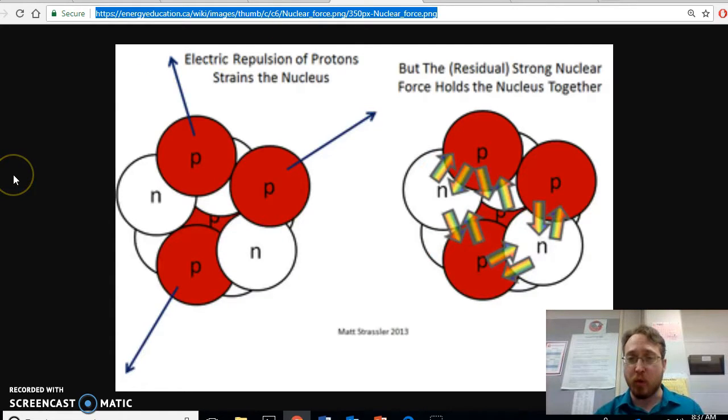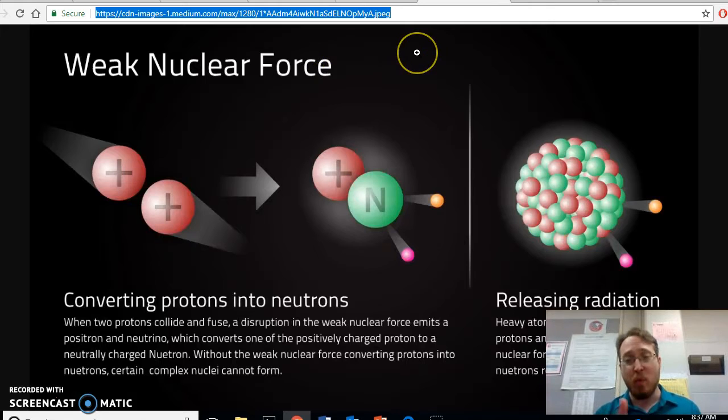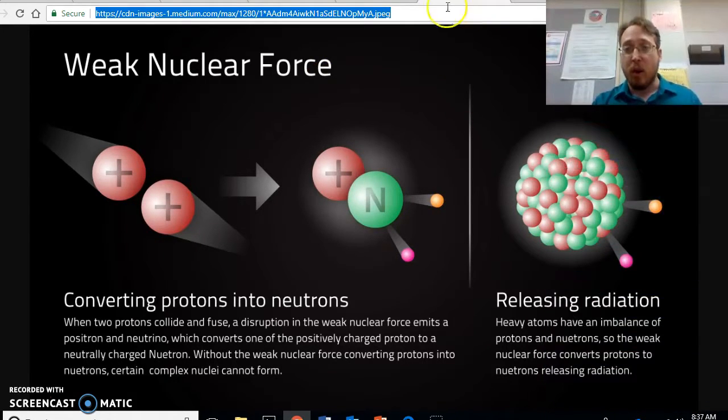There's then the strong nuclear force, which is something neutrons use to keep the nucleus together. We're going to talk more about that later. And then there is the weak nuclear force, which we won't really be talking about later, which is something that occurs in unstable atoms when protons become neutrons and release radiation. We are not going to go into that because that's really getting down to physics and not really a part